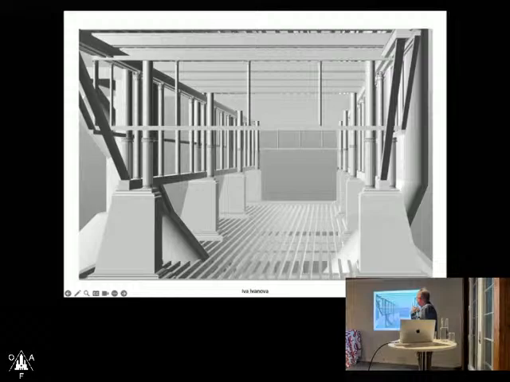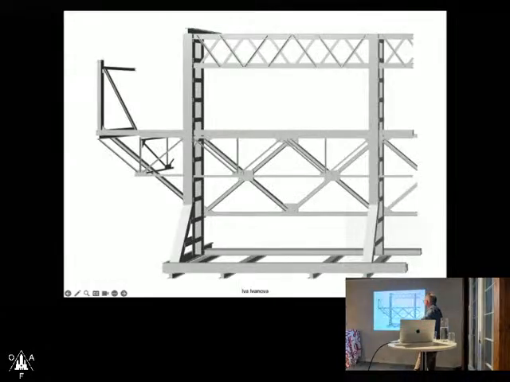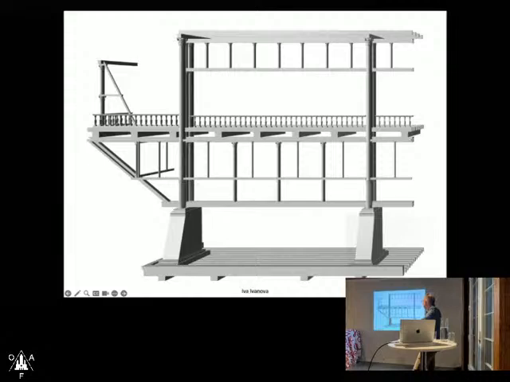We're really trying to apply the logic: if there's a cross in the industrial structure, there doesn't have to be a cross in the design. This is the Römischer Bäder by Schinkel, used to redesign this industrial structure. This is the original, and here again the original and the Schinkelized version.